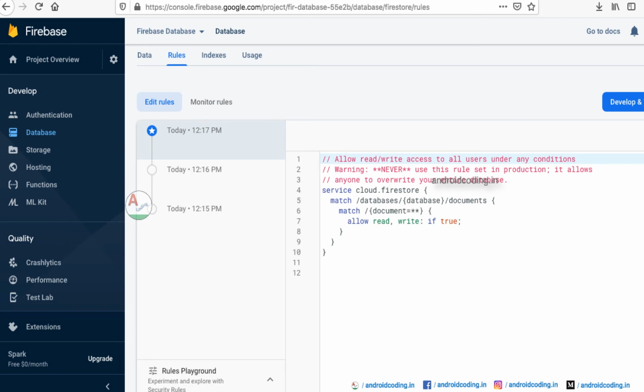It is also showing you a warning, you can see, right? In real-time projects you will not provide this particular permission. There will be some restrictions, so you need to provide those restrictions in the rules section. And if you have any doubts about the rules, let me know, I will help you.